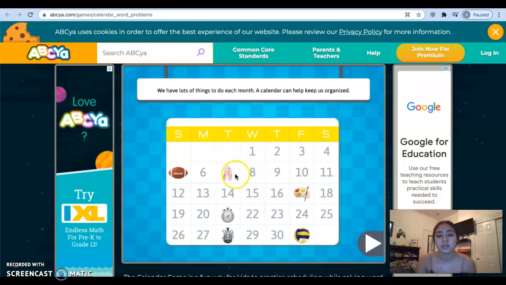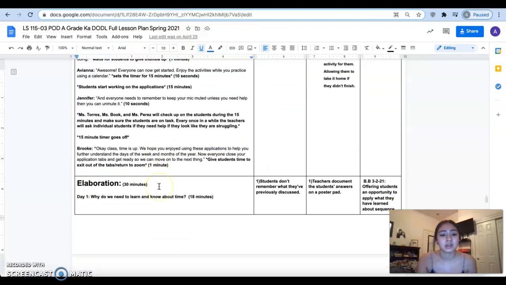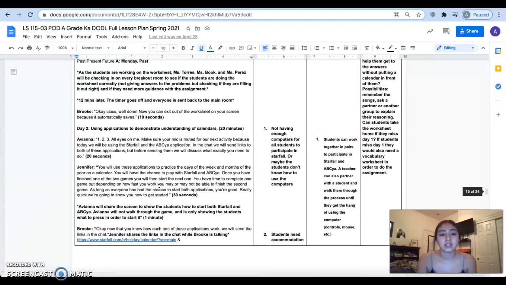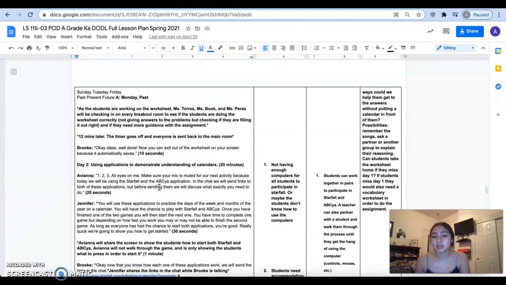So in this activity, they would pick from a whole selection of activities that they want to do in this month, and then they would have to determine, what is 3 weeks away from this exact date, and the students would just make predictions. I wanted to share all of these activities and applications because I just thought that it was useful